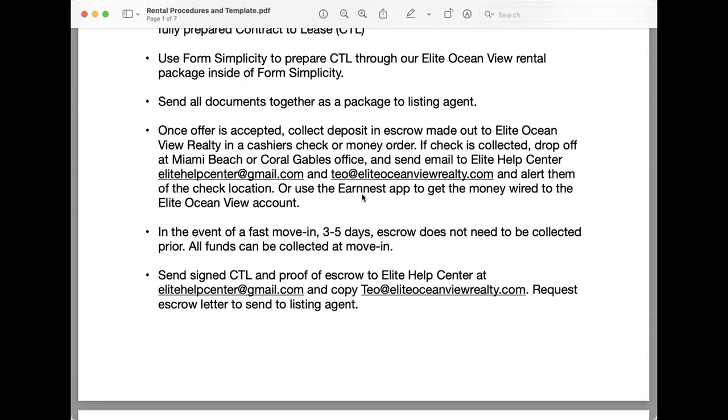You are now working with a tenant, and you need to collect that first month of escrow, and you're going to request the tenant to deposit, let's say, $3,000 into an Earnest account for Elite Ocean View Realty. All right. Now, you can also collect those cashier's checks or money orders yourself, and then you need to bring them to the Miami Beach office or the Coral Gables office, and then you will send an email to